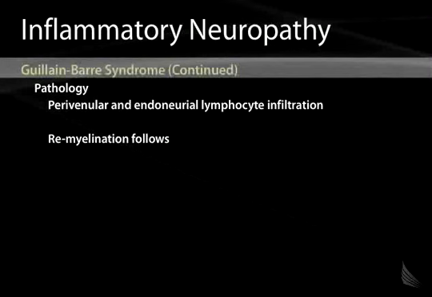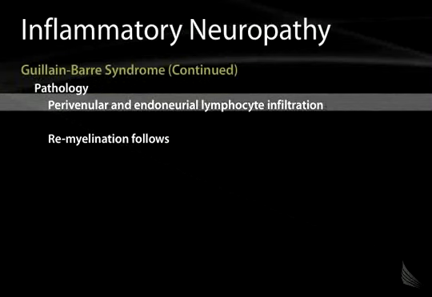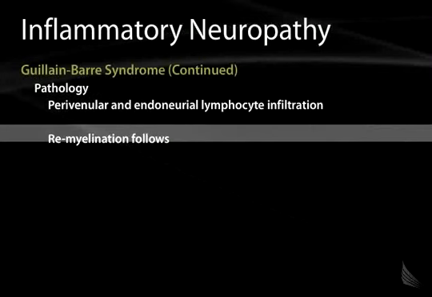That is, the white cells surrounding the nerves are able to leave the bloodstream from the low flow areas of the venous system and cross over into the nerve area to cause demyelination. So you see perivenular and endoneurial lymphocytic infiltration. Of course, being peripheral nerves, there's a lot of remyelination that can occur as well, allowing regeneration and regain of function.